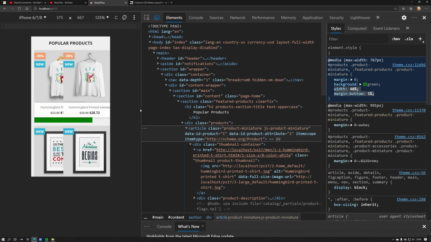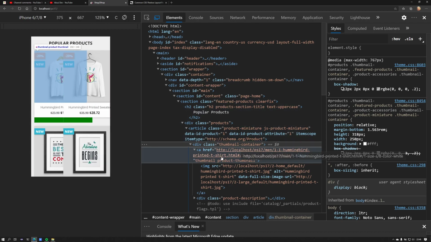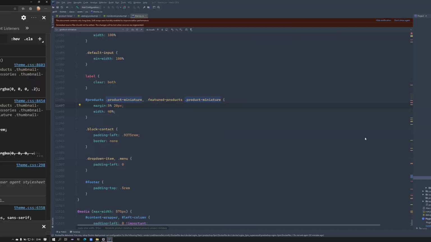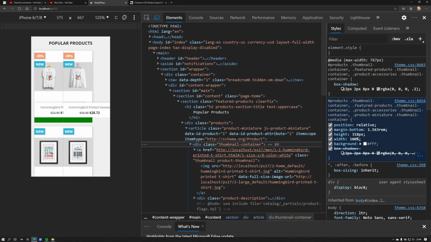So we have to do a bit more work here, because we do see that some elements are actually overlapping our parent element. By investigating the class container, thumbnail container, we do see that it has a fixed width of 250 pixel. We simply have to change that to max width 100%, something like that, and we have to update that again into